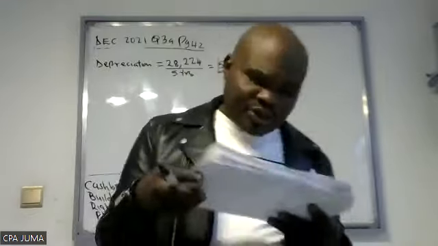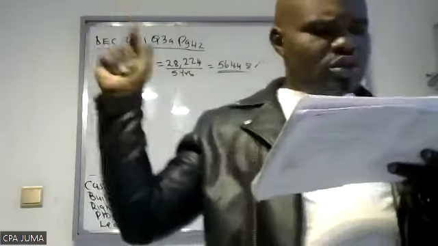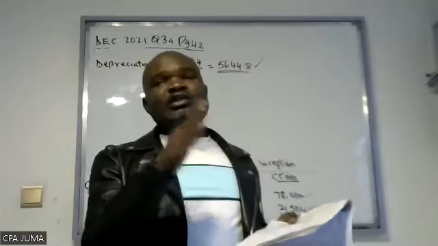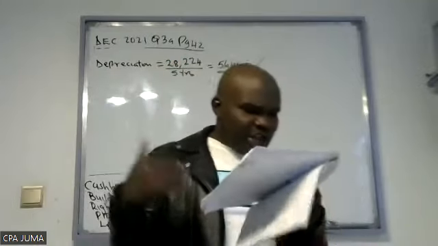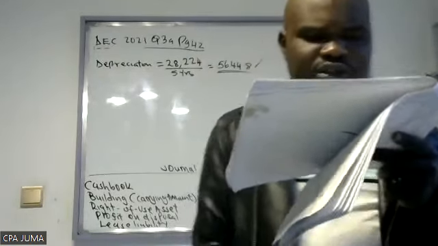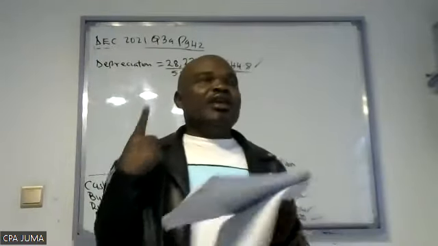To that effect, I want to do the amortization schedule. So let's check required. It is limiting up to when, because I was trying to pick up 5 years. Let's check. Number one, the lease started when? When they leased: 31st October 2020. So 31st October 2020 is a financial year which is ending in 2021. So let's check required: with reference to the suitable accounting treatment of the above transaction in the financial statements for the year ended 31st October 2021. So they want us just to show for 1 year.